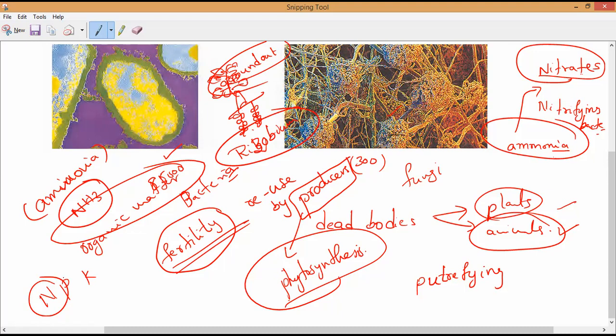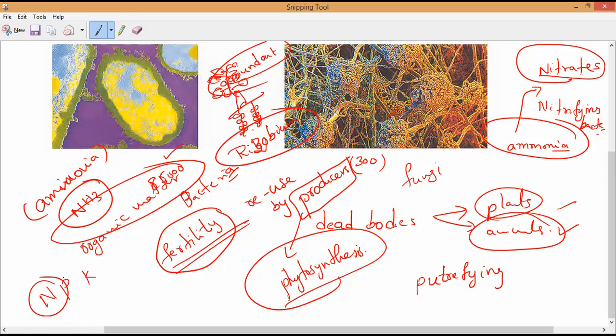So what is happening? All the elements of these plants and animal bodies are made up of organic matter, and they would never be returned to the soil, air, or water. So in this case, what is happening? There is no continuous process of organic fertilizers to the soil, so plants cannot get the required minerals for regrowth.